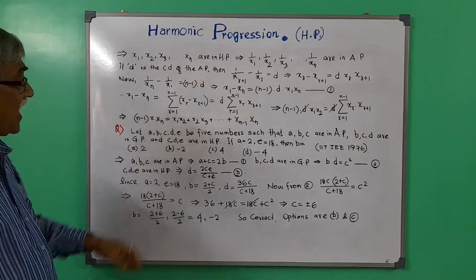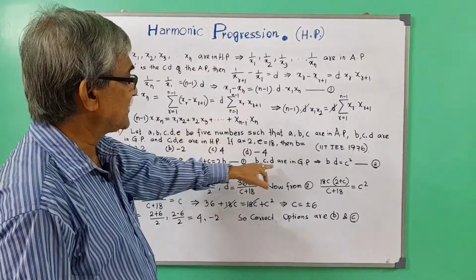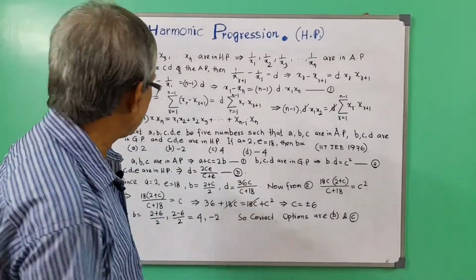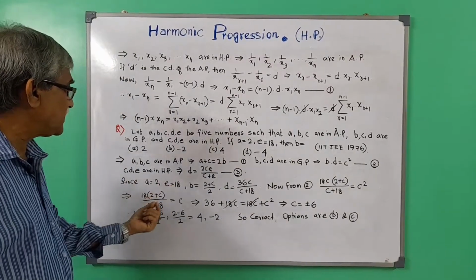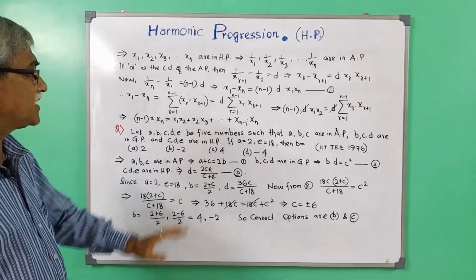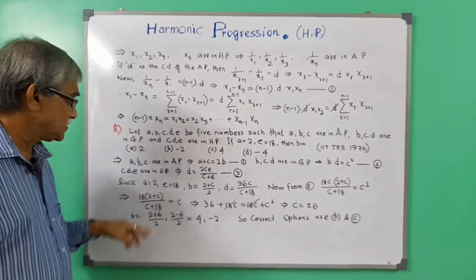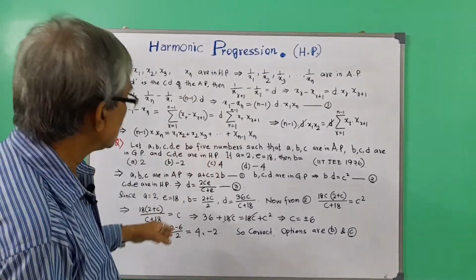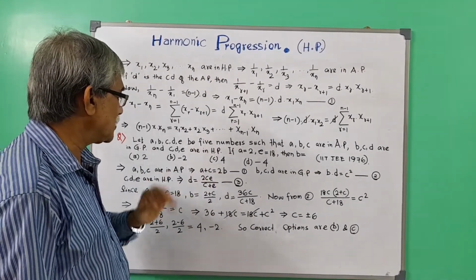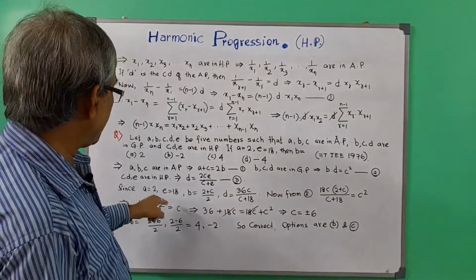Now you see, as A, B, C are in AP, therefore A plus C is equal to 2B as per the property of AP. B, C, D are in GP, therefore the square of the middle term, that is C square, is equal to B into D. And as C, D, E are in HP, therefore D is equal to 2CE upon C plus E. So these are the 3 equations, you know. Now since given A is equal to 2, E is equal to 18, B is equal to (2 plus C) upon 2, from this 1, and D is equal to 36C by C plus 18. Now from the equation 2,